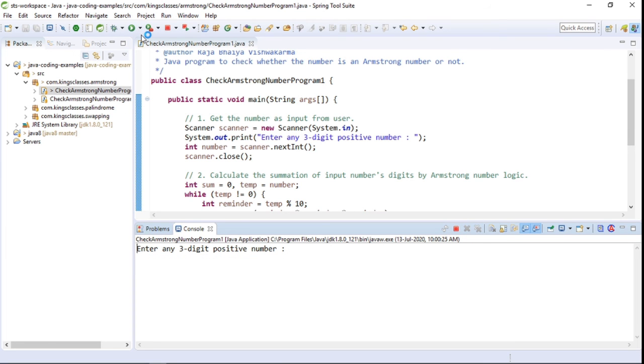Now we will enter another number that is not Armstrong. Consider 120, and you can see it is giving the output as 120 is not an Armstrong number. So basically our logic and our whole program is working fine. That's it. This is how you write the logic or Java program to check whether the given number is an Armstrong number or not.